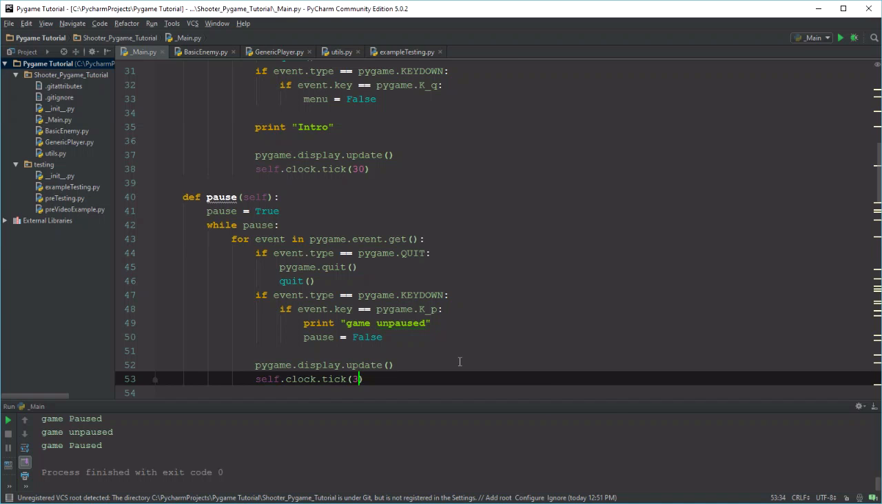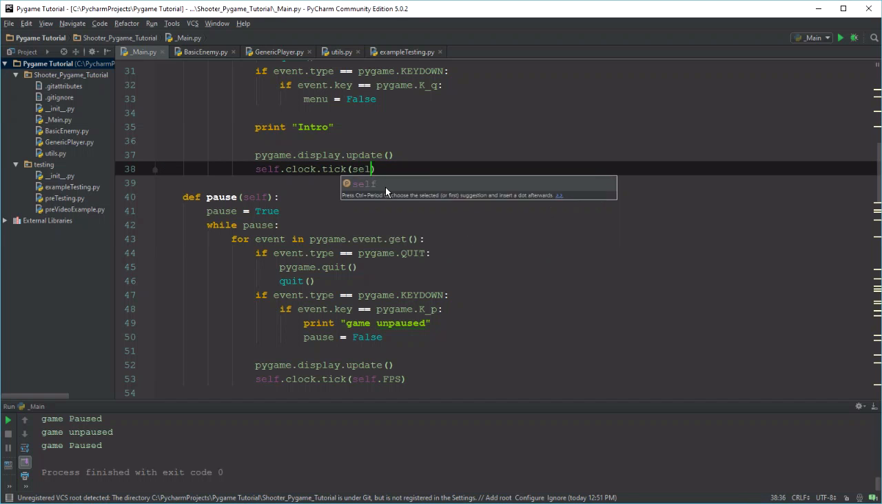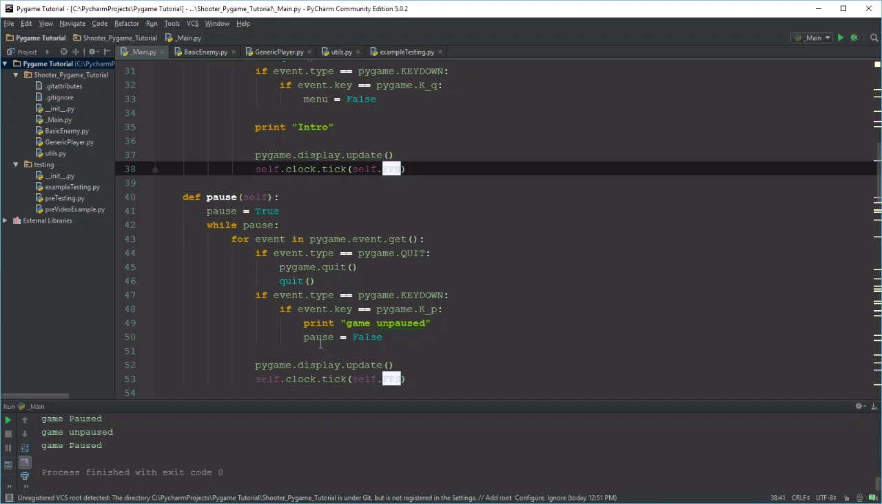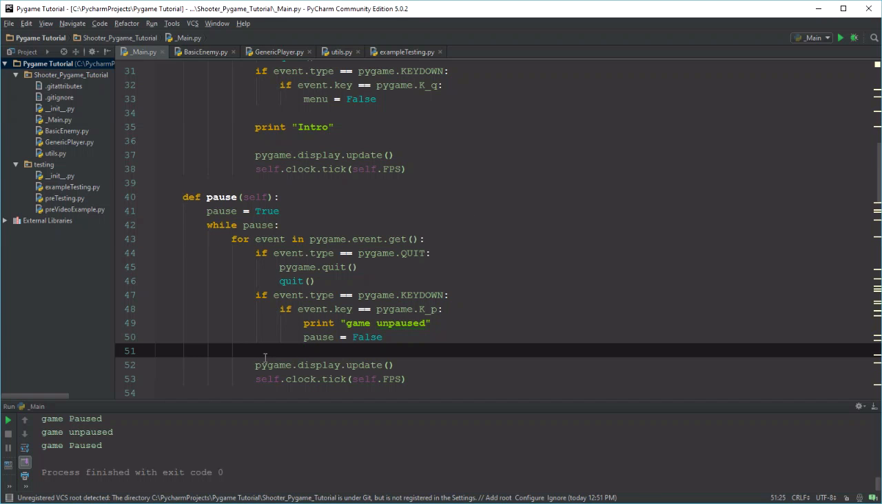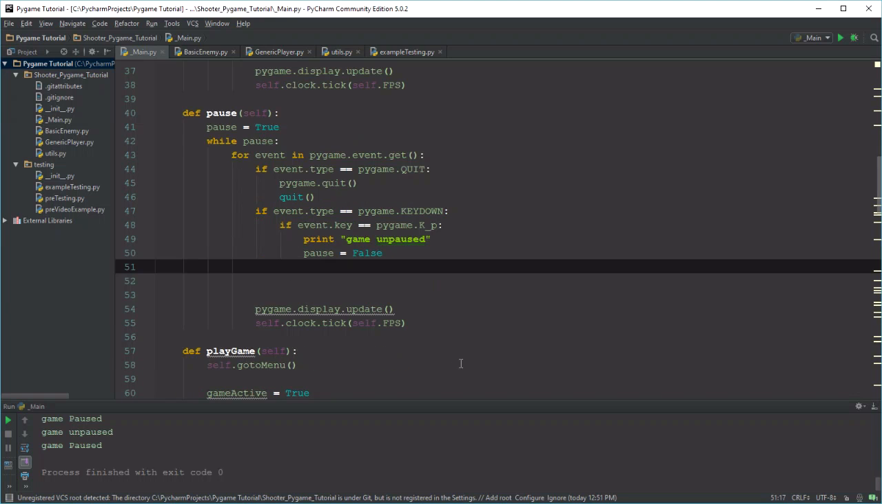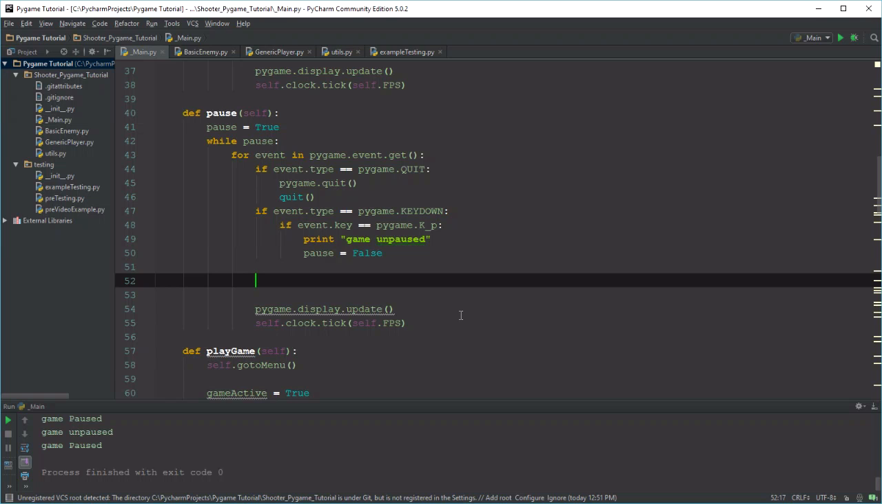Self.clock.tick. I could say self.fps. Makes more sense now instead of hard coding 30, since FPS is available to everything. So I just want to do that really quick. So let's see, the pause menu. Currently we just froze the game. I just want to freeze the game, but I also want to draw something to it. So all I'm going to say is I don't have to clear it. If I did clear it, then maybe we want the pause screen to be something different. You'd say